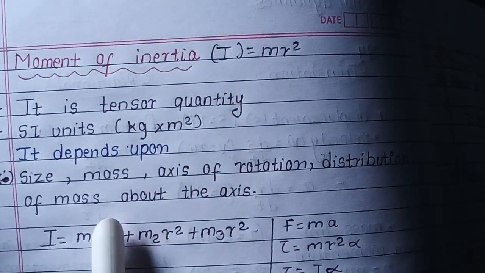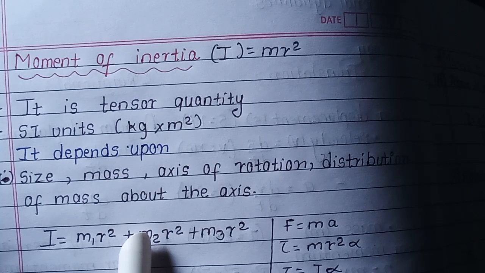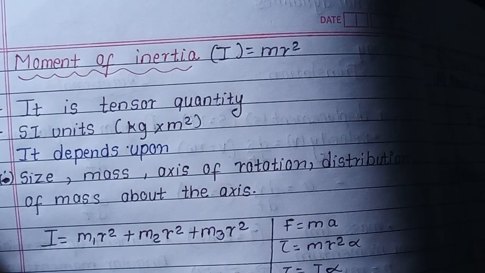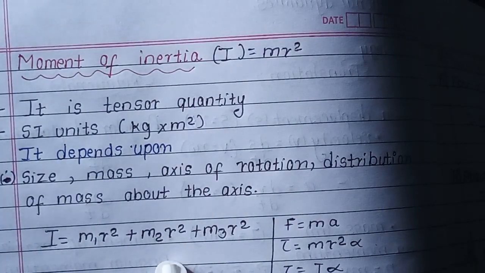It depends upon the size, mass, axis of rotation, and distribution of mass about the axis, but it is independent of the angular velocity, torque, and angular acceleration. For discrete masses, I equals m1 r1 square plus m2 r2 square. It can be added like a scalar quantity,